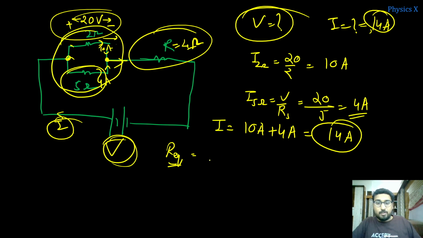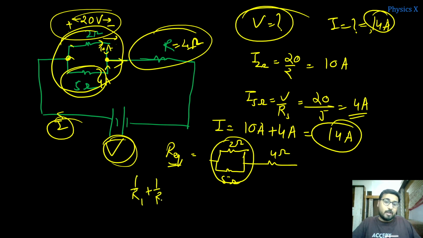So you can find as these, this is 2 ohm, right? And this is 5 ohm. And this was your 4 ohm. You can see these two are in parallel. So these two in parallel will result in 1 by R equivalent equals 1 by R1 plus 1 by R2. So you can find that this is 1 by 2 plus 1 by 5. So if you calculate this, R equivalent will come equal to